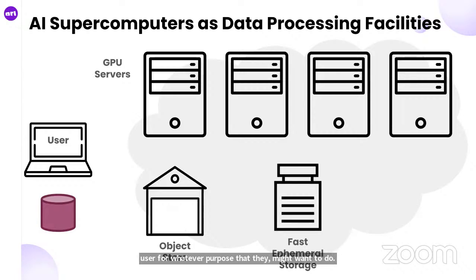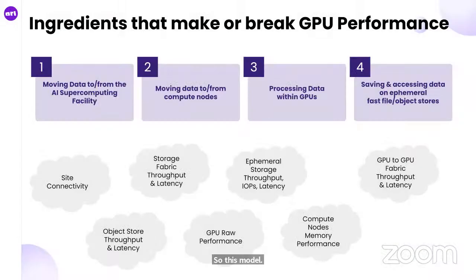So this model of data processing shows very easily that there are multiple ingredients or leverages that have an impact on the GPU performance. It's all about getting the data close to the facility, close to the compute nodes within the GPUs, and depending on what the workload is doing, there may also be the need to move data onto storage, etc. Which means that in order to extract the most performance out of the GPUs, it's not just about having the most performant GPUs. It is something that matters, but there is a lot of different elements that go around the GPUs that are truly important, like the